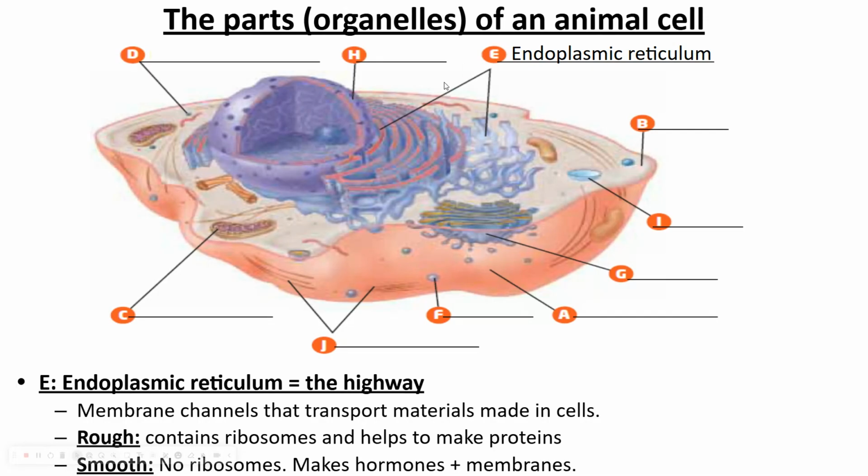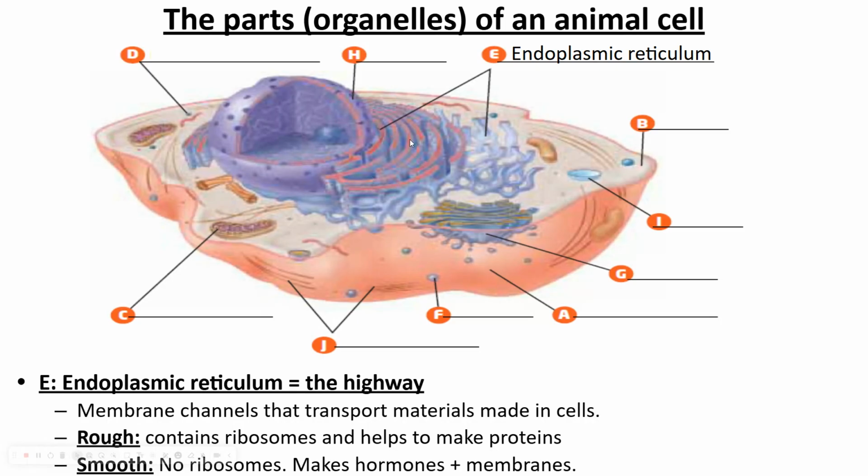There's actually two parts of the ER. That's why you see these two arrows here. There's what's called a rough ER. It's the one kind of directly connected to the nucleus. The rough ER, it's hard to see, but there's little dots on it. And you might remember whenever you have these little dots on it, that's a ribosome. So the rough ER is called rough because the little dots make it look like it almost has a beard. The little dots are the ribosomes, and so the rough ER plays a big role in helping to make protein as well. So it's not the rough ER itself that makes protein, but the ribosomes on the rough ER